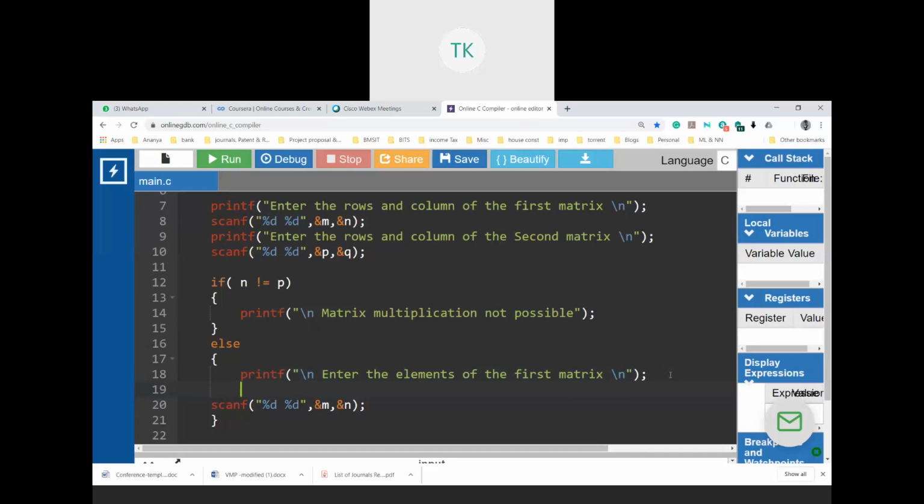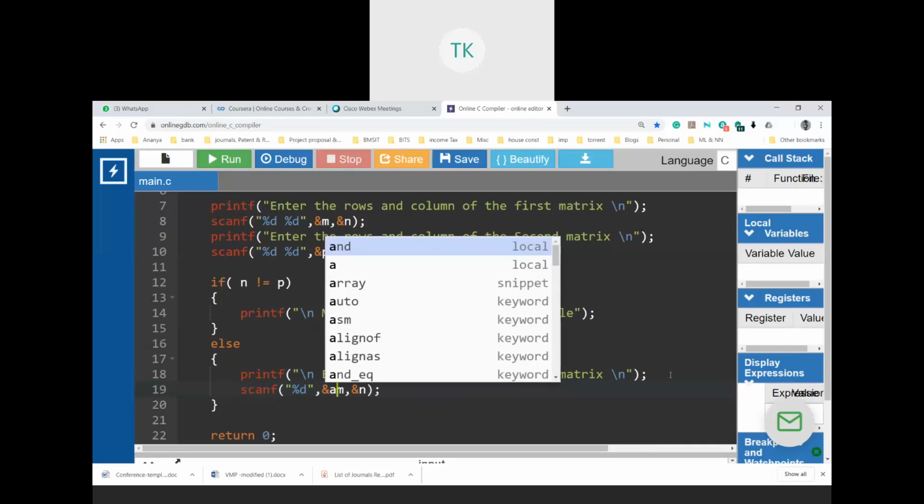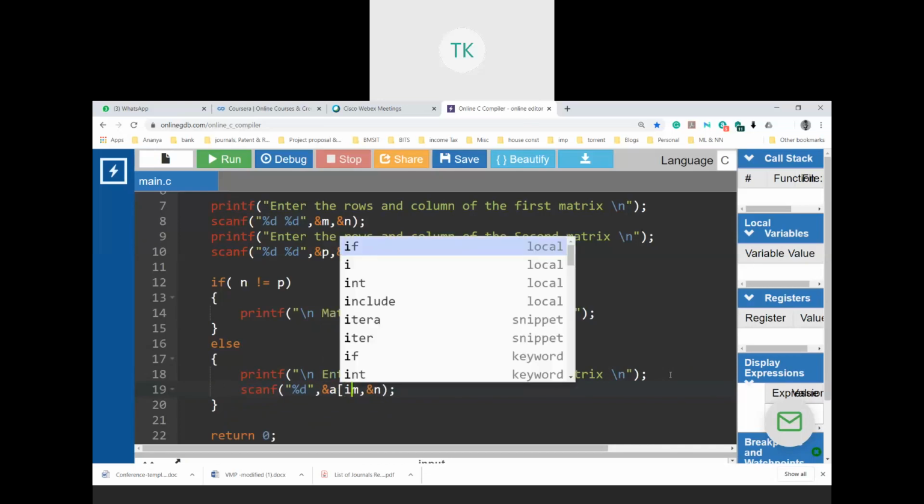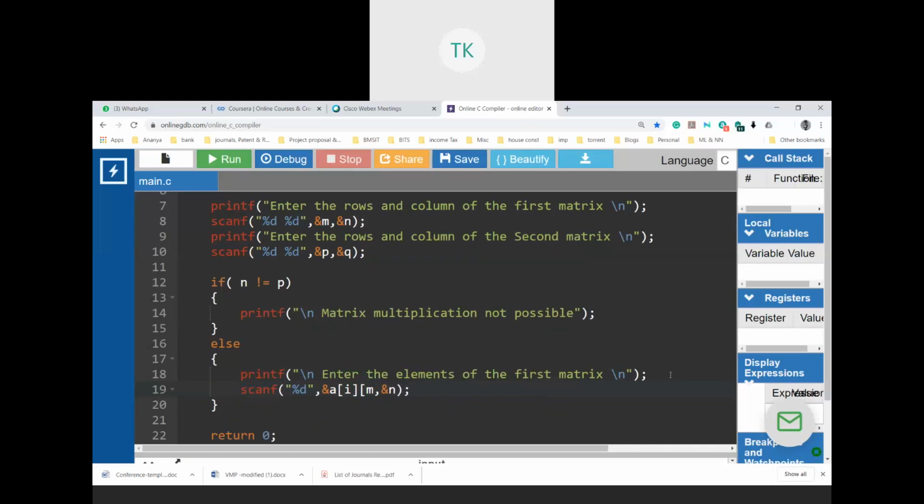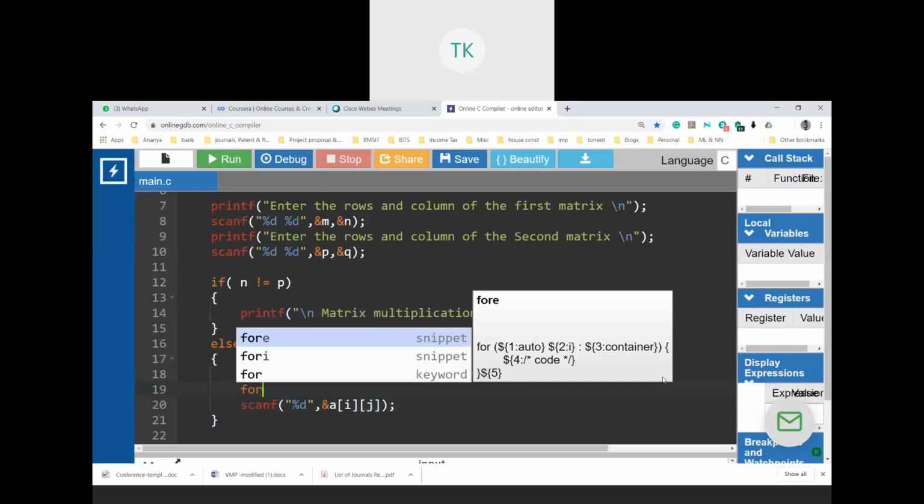Can I just use a scanf statement like this? Can I say scanf statement of, it's a two-dimensional array, right? Guys, are you able to hear me? Yes sir, yes. Great. So it's a two-dimensional array. So I'll say E of I, E of J. Okay, see the ampersand here, but then I cannot just do this just like that because I need a